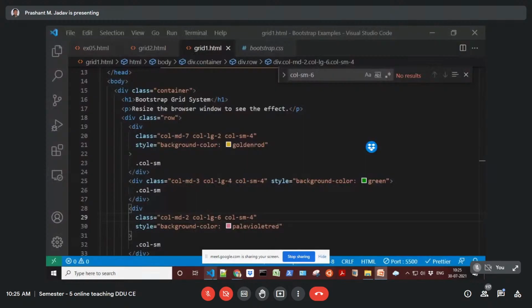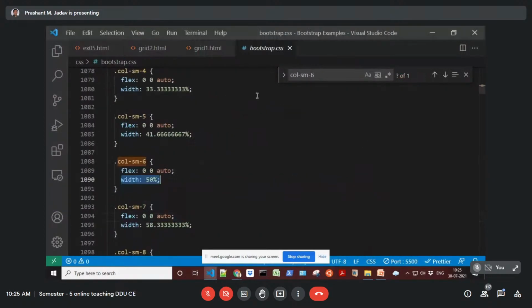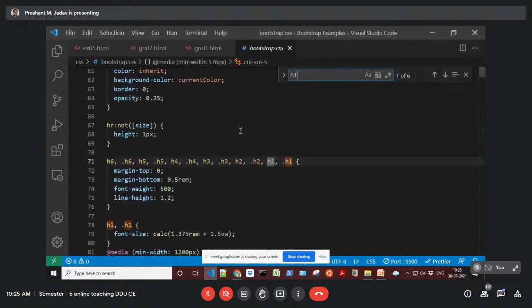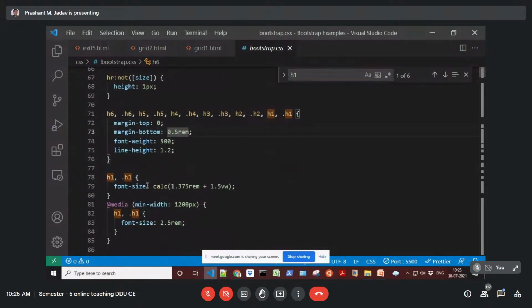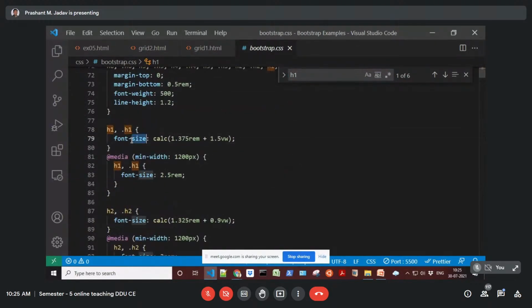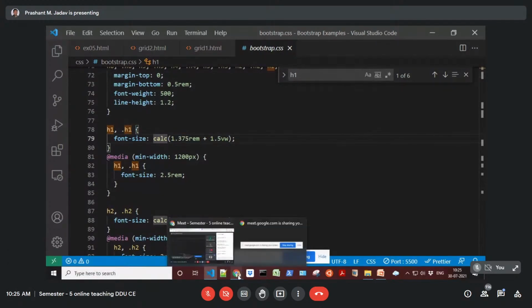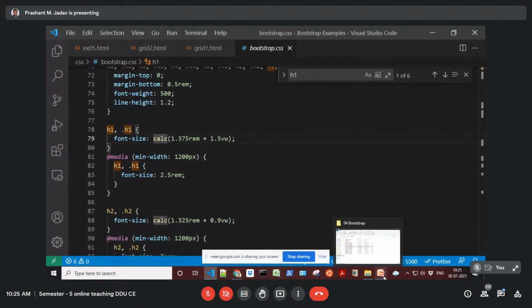In our source code of the Bootstrap, we can directly look at how it has been defined. See, the font size is calculated dynamically. It is not fixed. So suppose if you are using this H1 to H6 and if you change the screen size, then it should automatically change.